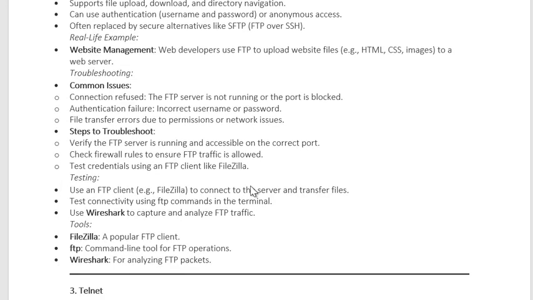Testing. Use an FTP client like, again, FileZilla to connect to the server and transfer files. Test connectivity using FTP commands in the terminal. Use Wireshark to capture and analyze FTP traffic. So tools: FileZilla, FTP, Wireshark. So those tools could really help out